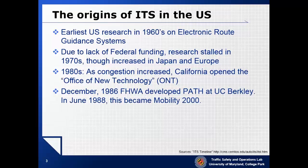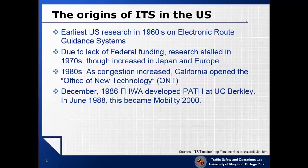From the 1980s, around 1988, transportation professionals got together and said, okay, we need to think about something. So they started to have a dream: what would come after we have all the highways? We no longer devote our resources to construction. Then what can we do? What should we do? What will the system be in the year 2020? That's the reason they all got together and started what was called Mobility 2000, okay? That's the first idea, and then it started to evolve into ITS. So this is